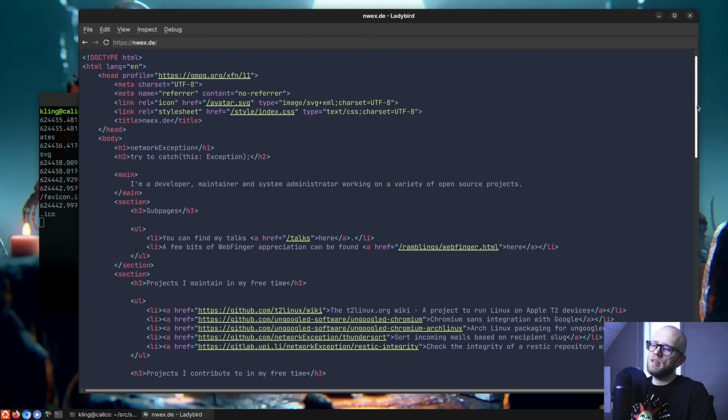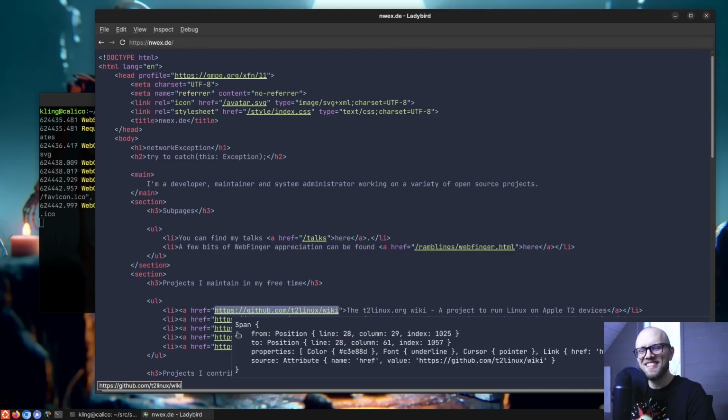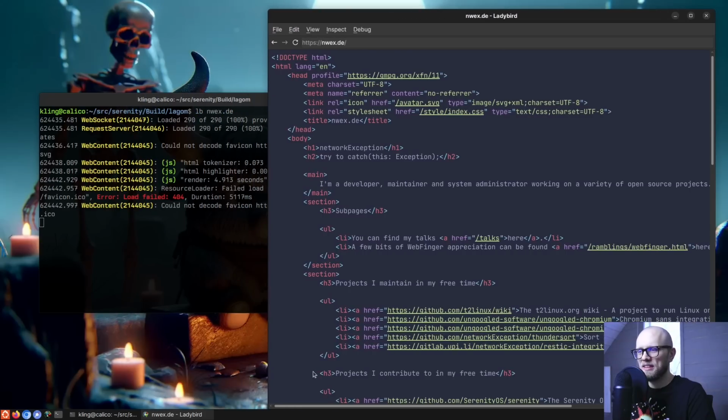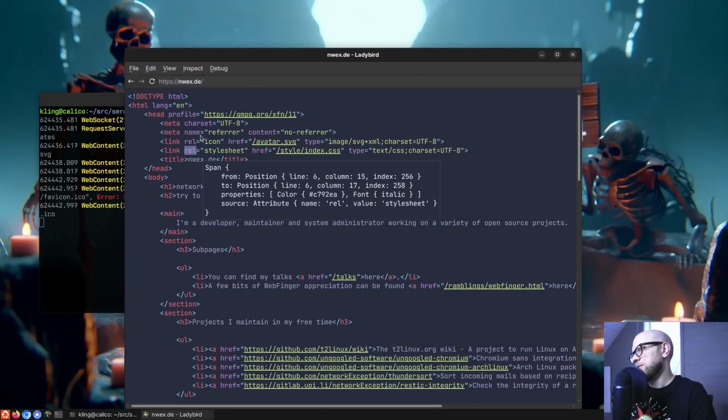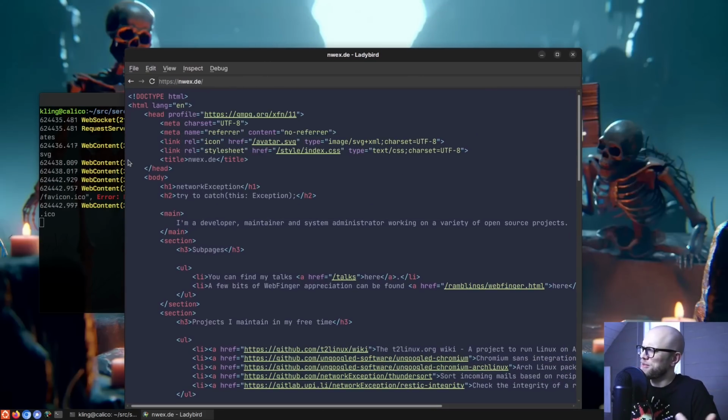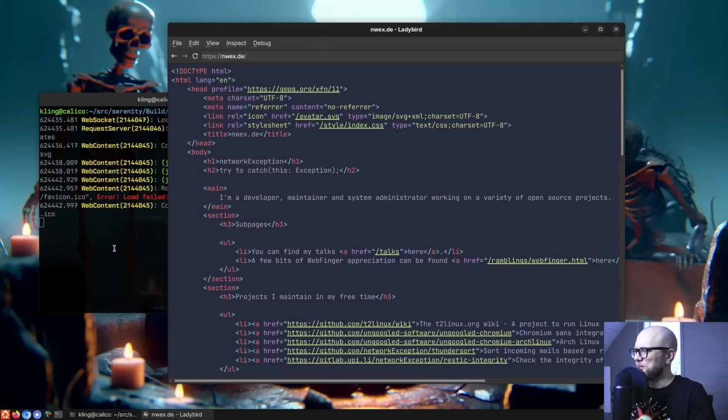There's a lot of work to be done, especially on iteration in JavaScript, which is something that we're not fast at. But the fact that it works at all is new, and it used to take well over 10 seconds. So it is something that we've been improving. But I think the page is also really cool, like a page that syntax highlights itself. I don't know. How can you not love it? Anyways, that's nwx.de. And another page that I worked on a bunch was